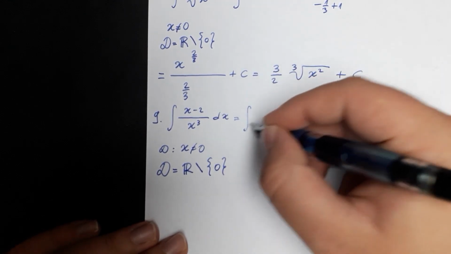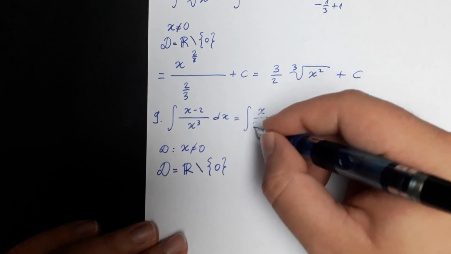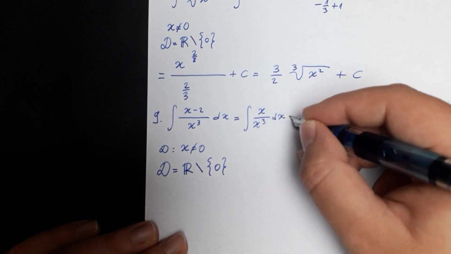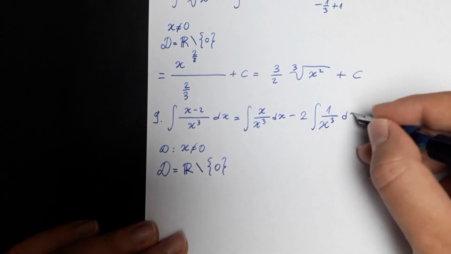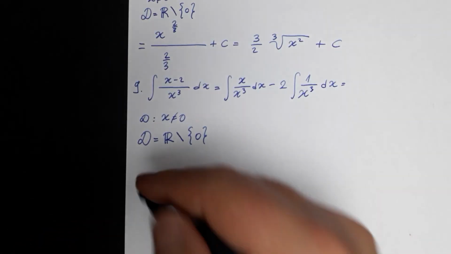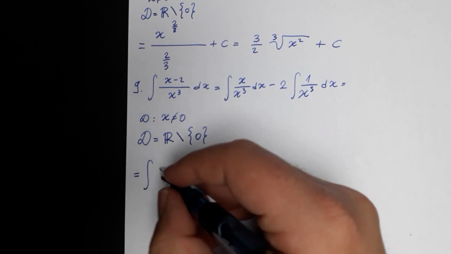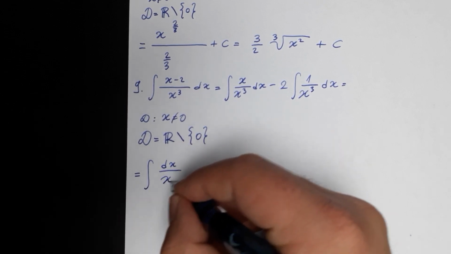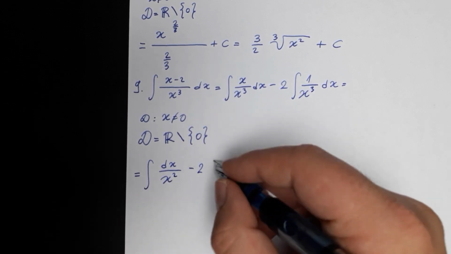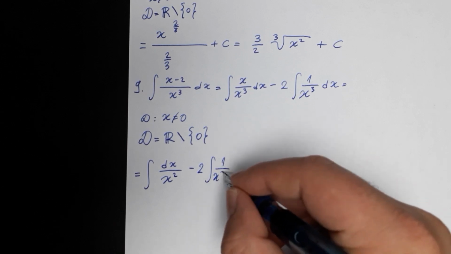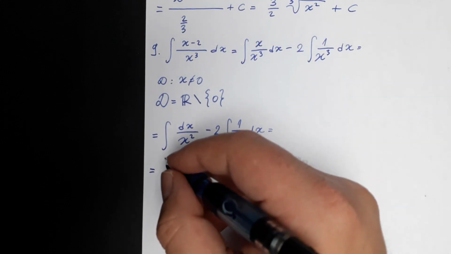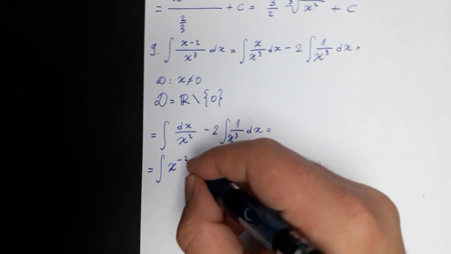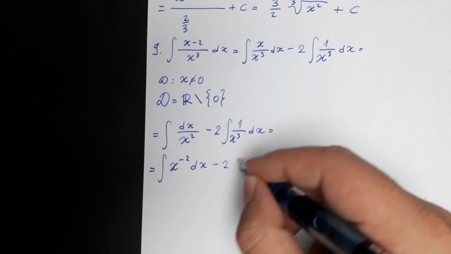This is then equal to the integral of x divided by x cubed dx minus 2 integrals of 1 divided by x cubed dx. This is then equal to the integral of dx divided by x squared minus 2 integrals of 1 divided by x cubed dx. This is then equal to the integral of x to the power negative 2 dx minus 2